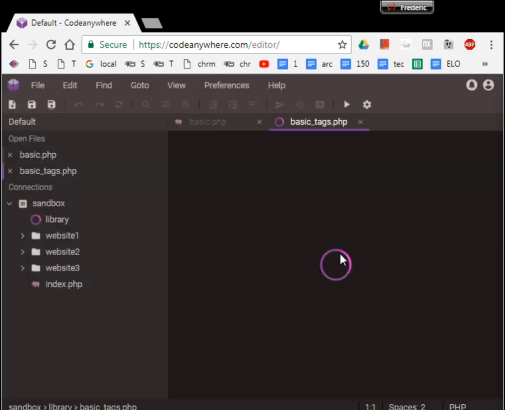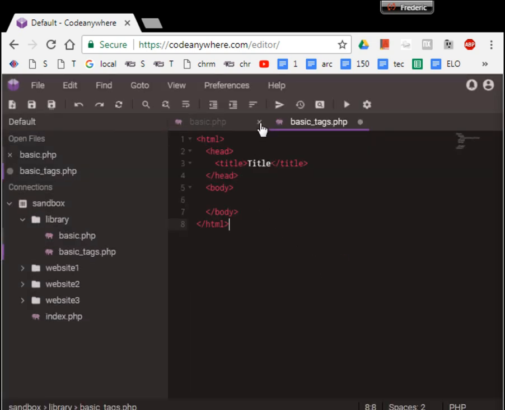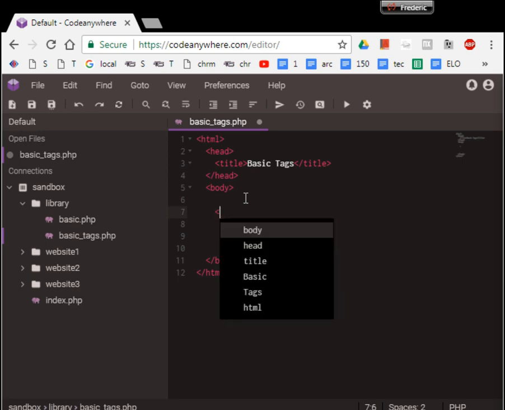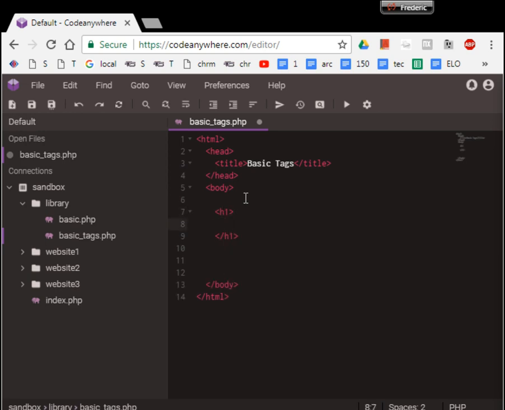So I'm gonna hit OK, then I'm gonna paste those tags, and then I'm gonna give it a different title. I'll say basic tags, and we'll just do a random assortment of tags. So I'm gonna push this down, give myself a little space, and first thing I'm gonna do is an H1, that's a header tag. This is a nice large title, and I'm actually gonna scoot this over here so it's all on one line, and then I'm also gonna hit